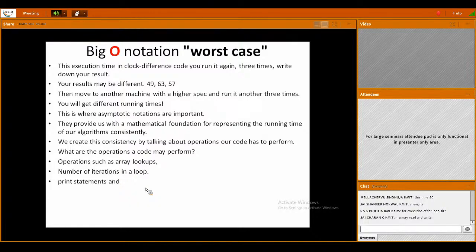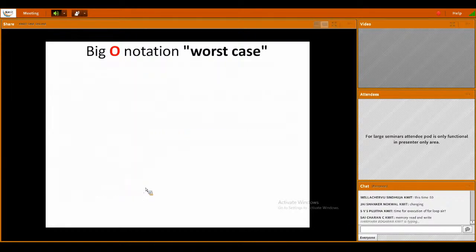our screen on which the printout has to come is very slow in comparison to the RAM speed. So that is one point to be considered. And variable assignment, right? Every time i is equal to 0, i less than end, that is, we pass 100. So that memory has to get refreshed. That's what Sai Charan is trying to say, that memory read and write happens every time. So these are the considerations.